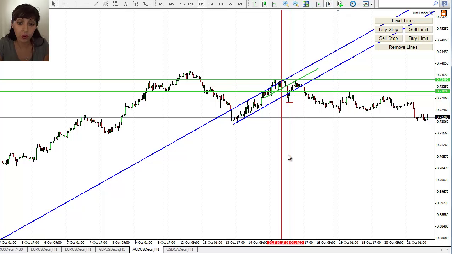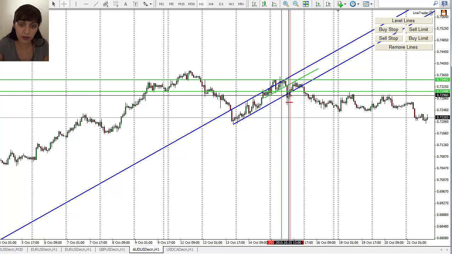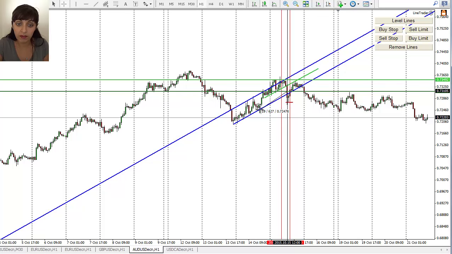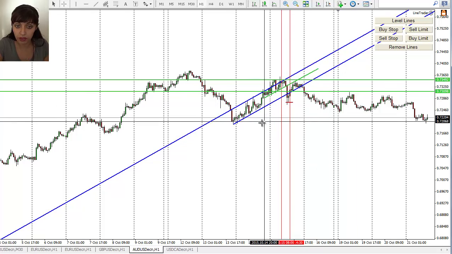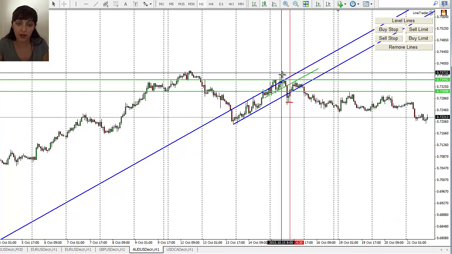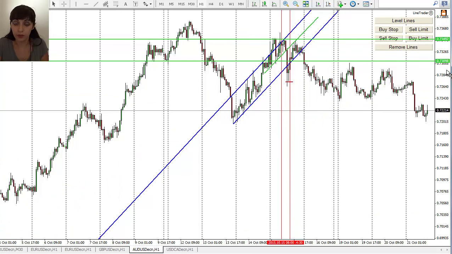It still worked well for me from that level. I put it also from that level, which is a little bit higher, the same as the previous one, so from the main level it's only 10 pips down, and then it took me into the trade. Because it's 20 pips from the horizontal line, it took me in around here. If I had put it from the trend line, it would have been 10 pips from the trend line. I felt it would be a small movement, but really I should have put it from that one.